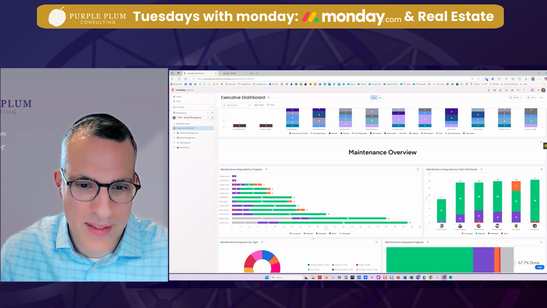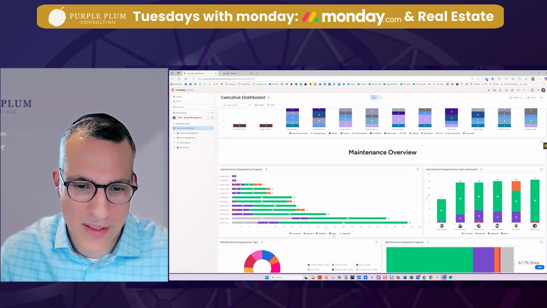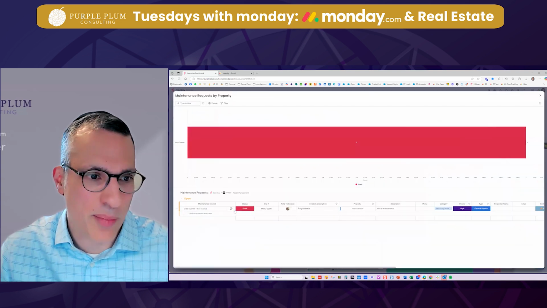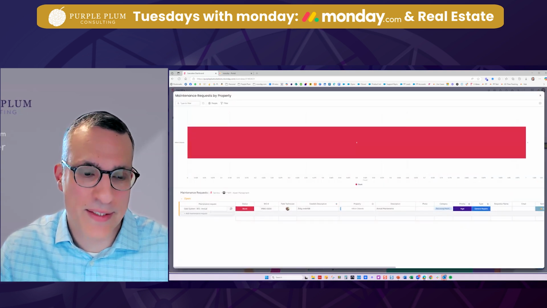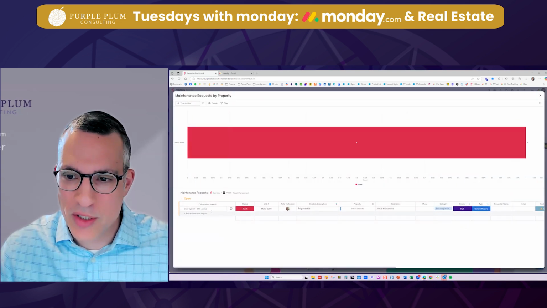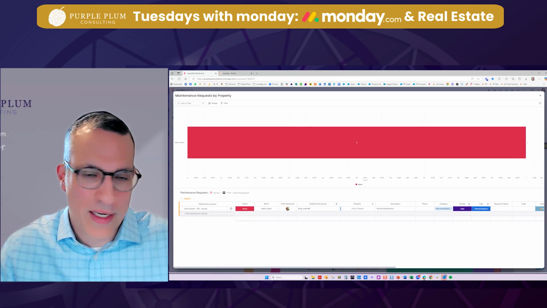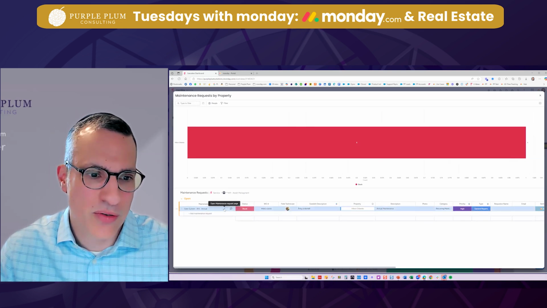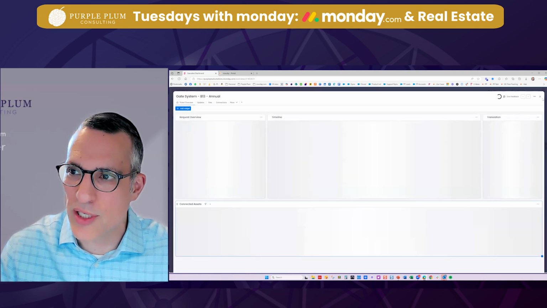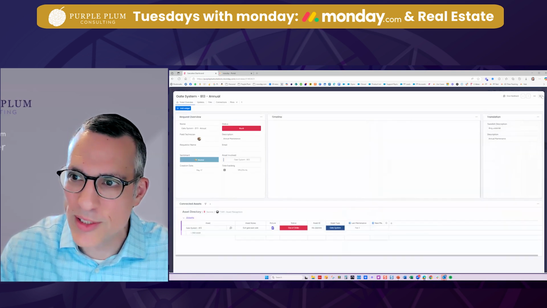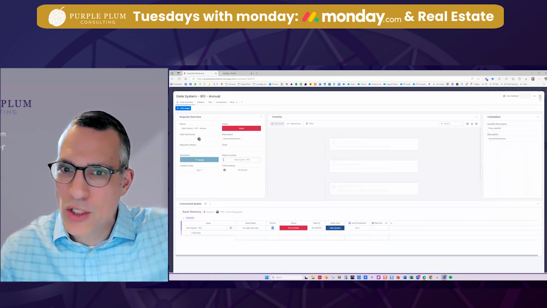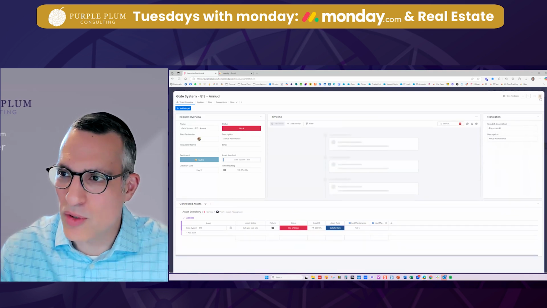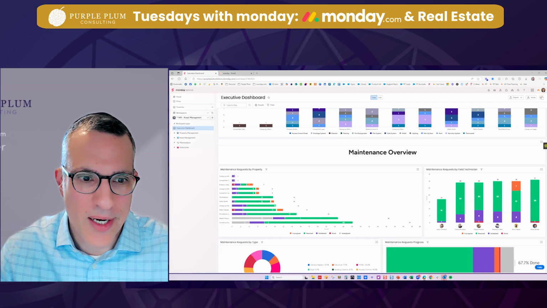So as I look at this dashboard right here, I'm noticing there's one property across this entire network of properties and brands that has an issue with maintenance. So I'm going to look at that one, and I'll just click on the red. It'll take me straight into that property, and we know we have a gate system that has an issue in this particular property. All of that is right from the top all the way down to the bottom, and I can even get into that maintenance request and see some of the details associated with it. We'll go into a little bit more detail, but that just shows you how quickly you can swoop in and see what's going on. So I thought that would be worth just highlighting while we're here.